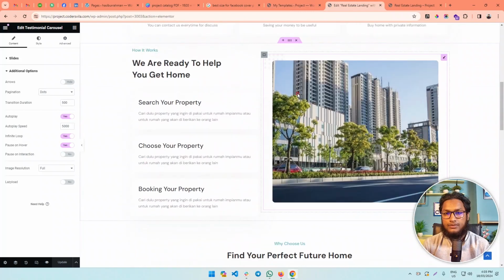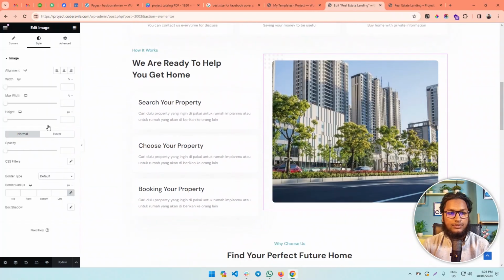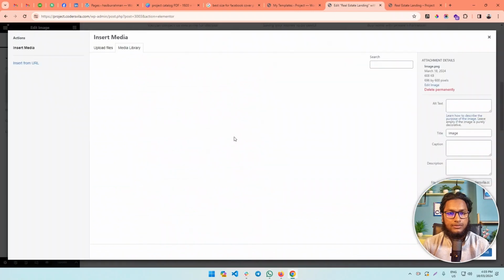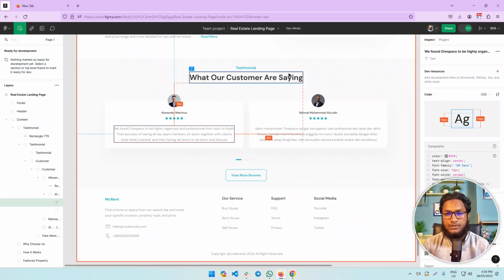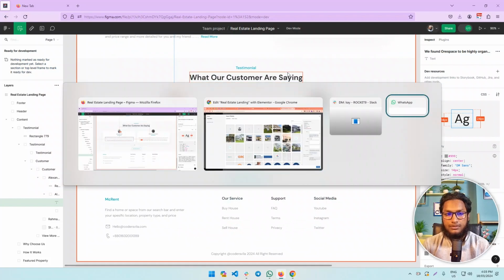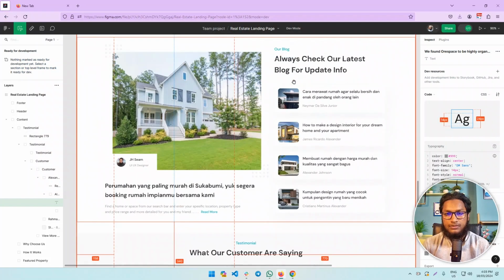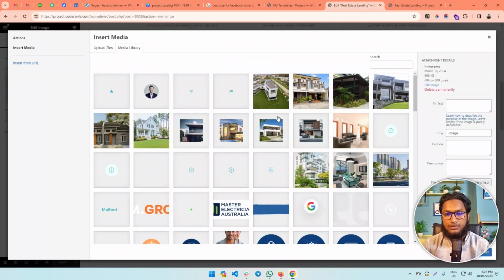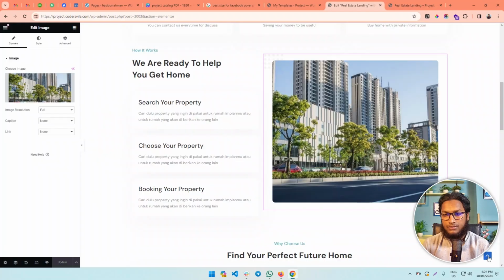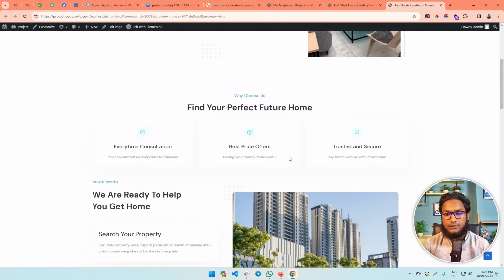And this icon, this image is not showing here. Let me review the image. This is the building image. This image I can update again and let's check now. Yeah,